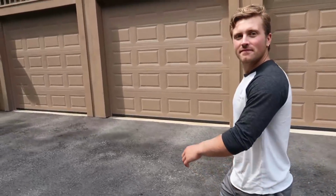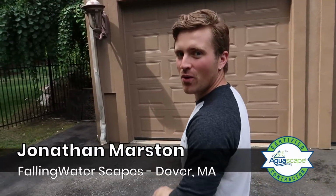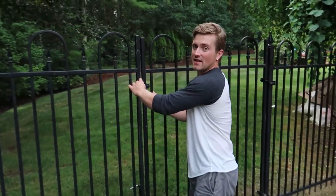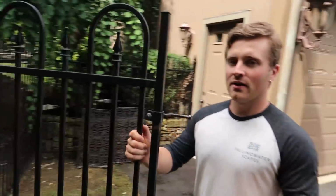All right, Jonathan, buddy, where are we at? We are in Southborough, Massachusetts, and showcasing a pondless waterfall next to a pool. A pond that you converted into a pondless waterfall for lower maintenance, right? Exactly, yep. Like so many features, it was put in by a landscaper and it was